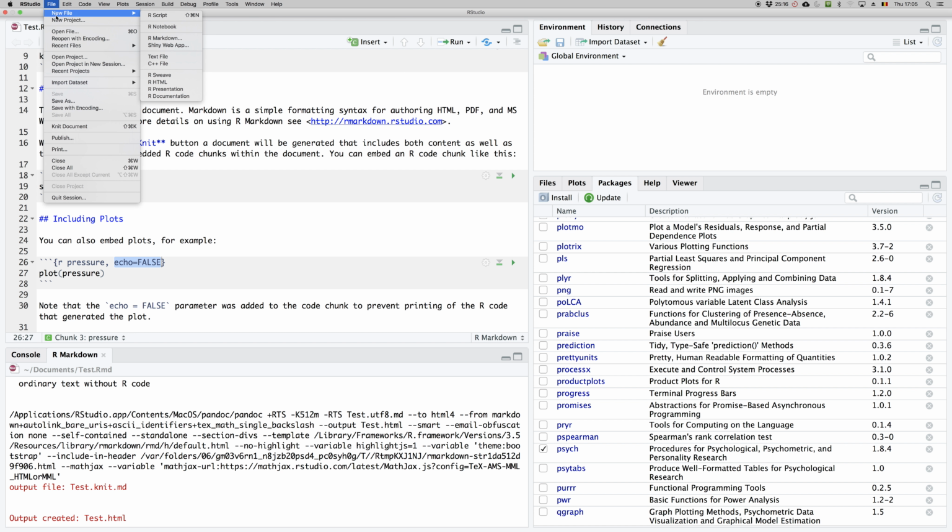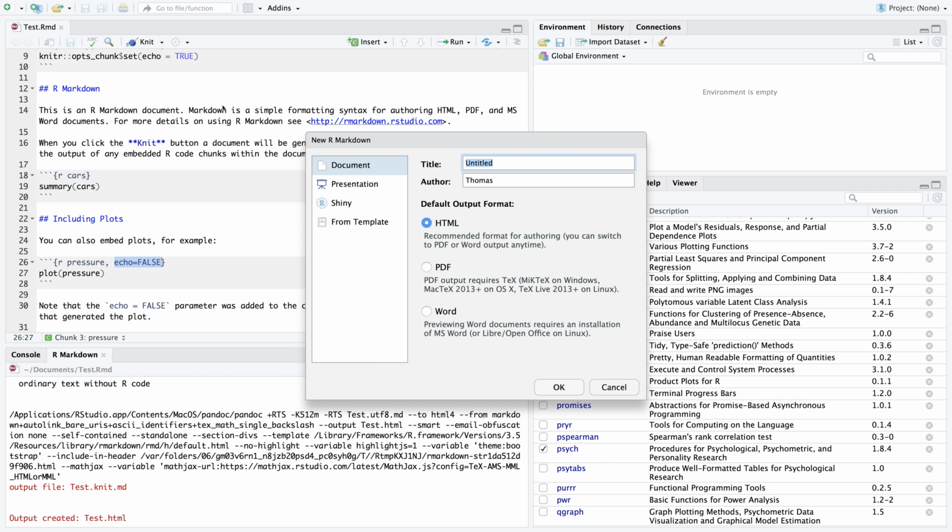Let's click File, go to New File, R Markdown. Now because I already have something named test, I'll name it test2. We can specify many different outputs: HTML, PDF, Word. Some of these will require that you have additional things installed, such as MiKTeX or MacTeX or TeX. And some of it will also require that you have Word installed if you would like R to generate Word documents. You can also use R Markdown to make presentations, to make apps, and there are some useful templates which